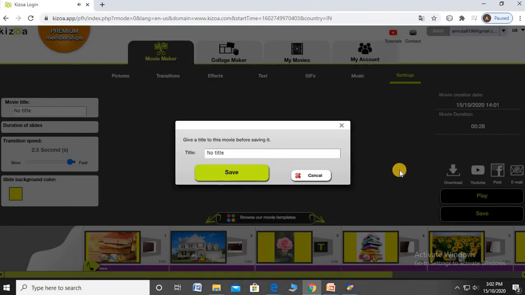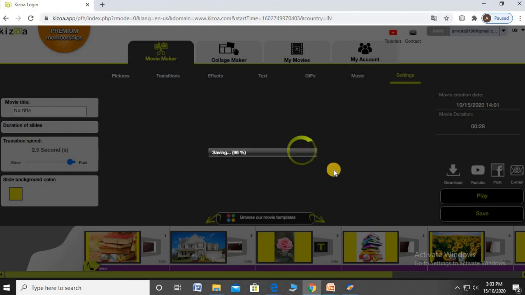Download it. Give the name. For example, I give the name as video sample. I am already logged in, so it is not asking for the Gmail ID and password. The first time you use this software, it asks for your mail ID and password, and you give them to log in to the software. When you download the first time, it asks for your name, mail ID and password. The second time it does not ask.